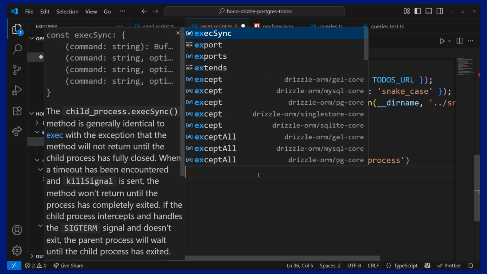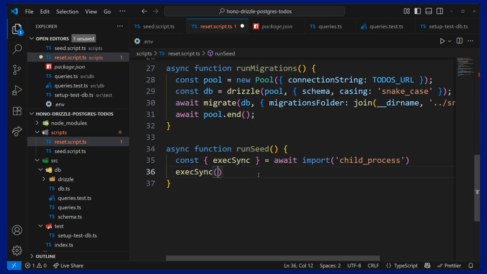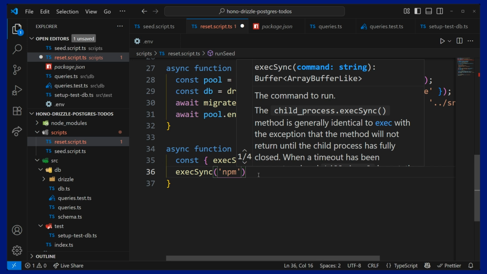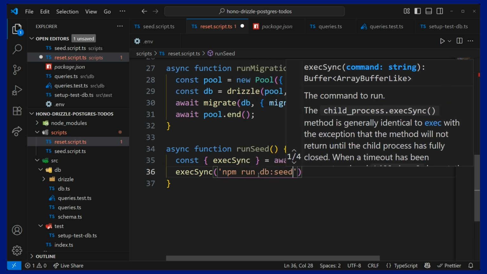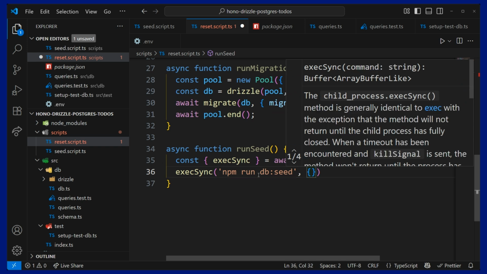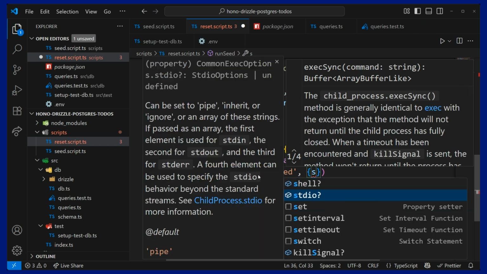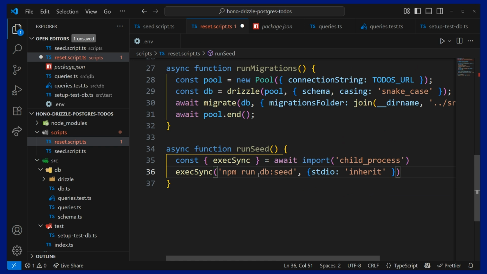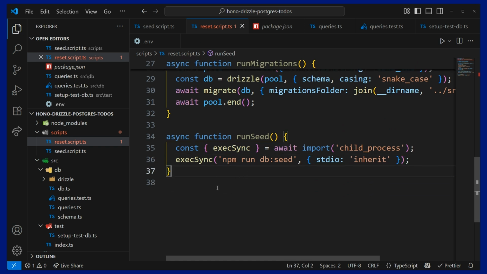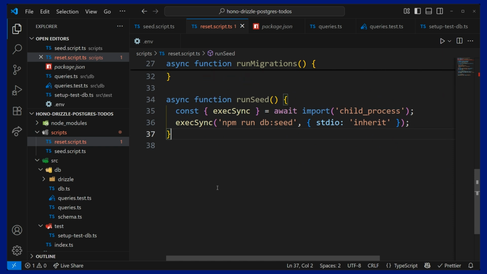And then use this execSync function to say npm run database seed and inherit. And that will run our seed function. And then finally,